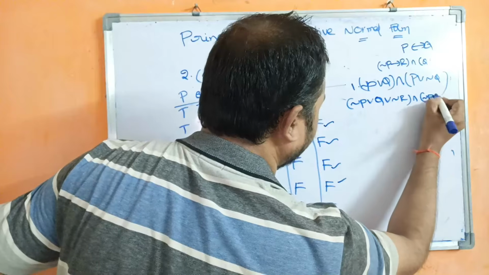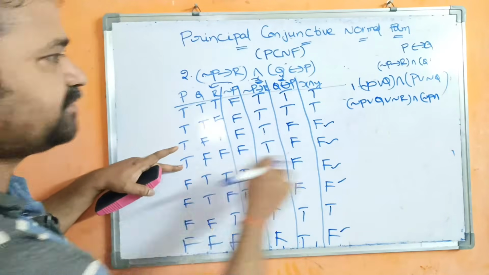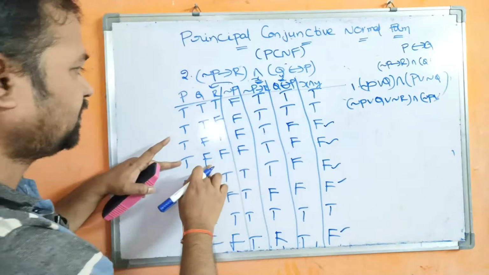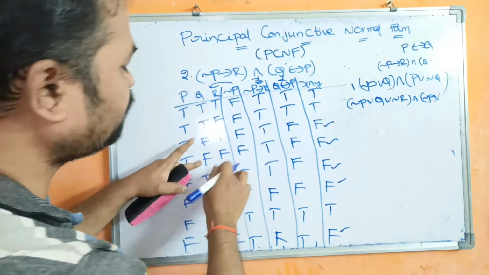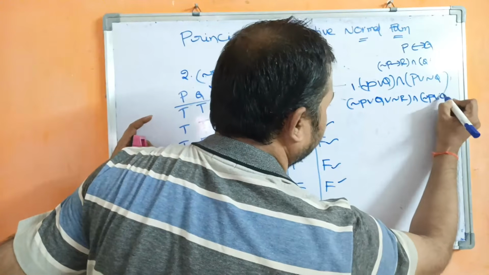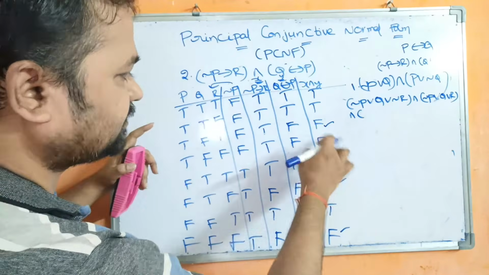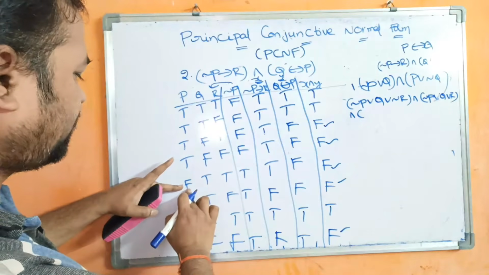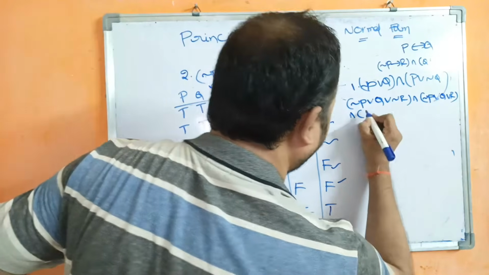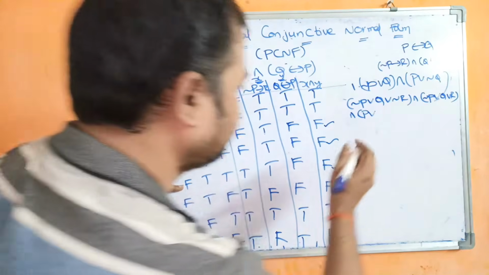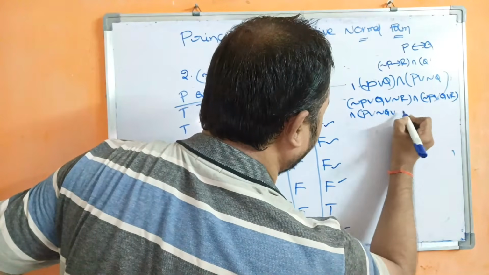Negation P and here we have, I'm sorry, or disjunction operation. Max theorem means here false false means they will be changed to true. So Q or R, negation P or Q or R, and what is the third one? This combination. So false is changed to true. P R, true true are changed to falses. P R, negation Q or negation R.